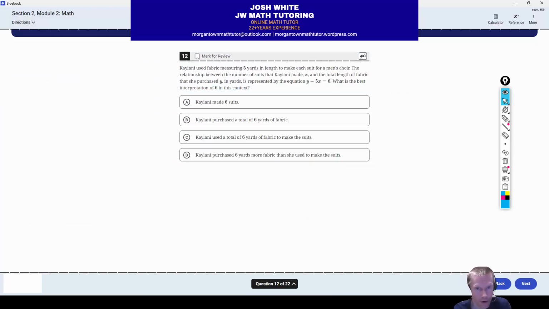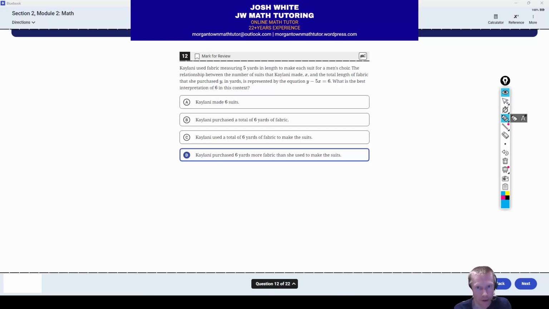All right, next we have a word problem, and they give you an equation for it, a linear equation with two variables, and this basically is just interpreting this linear equation, linear function, however you want to think of it, and they want to know what the 6 stands for. So the correct answer, I would just tell you, it's going to be letter D, and the reason is because if you notice here,